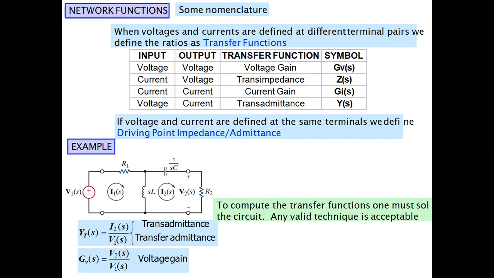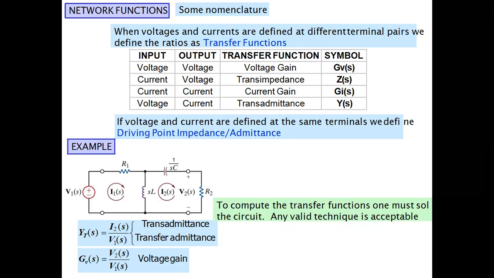So here, when we are supposed to study the transfer function, if it is the ratio of output voltage with respect to input current, at that time we say that transfer function is trans impedance, and we can denote it by the letter Z of S. If it is the ratio of output current with respect to input voltage, at that time we say it is a trans admittance, because I upon V is nothing but the reciprocal of impedance. So we say it is the trans admittance.